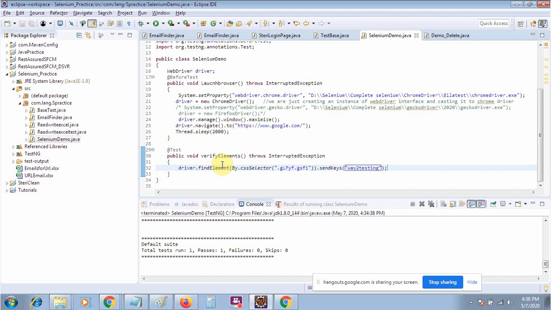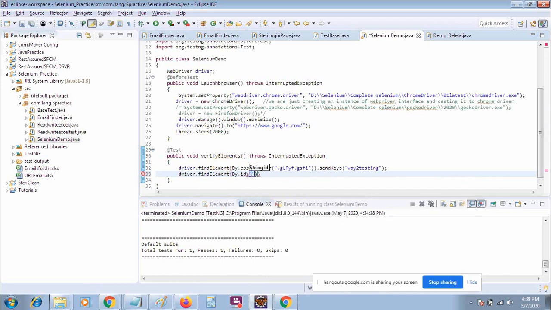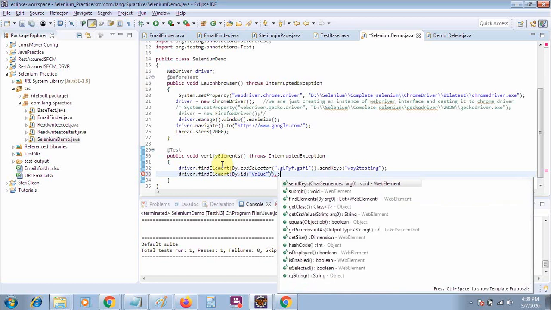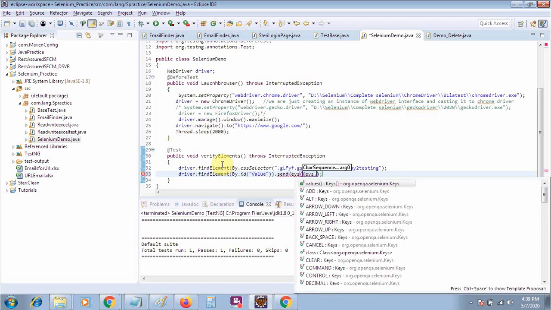As I told you, there are two ways, but I will use only the most preferred way, using Selenium. I will say driver dot find element by dot id, and inside the id you have to pass a value. Then there will be a send keys, and inside you have to write Keys dot enter.